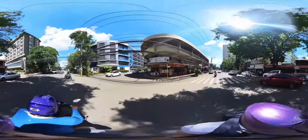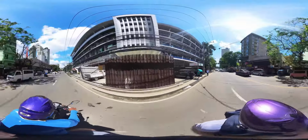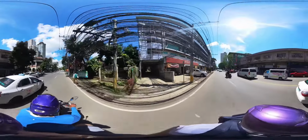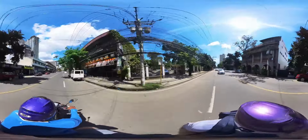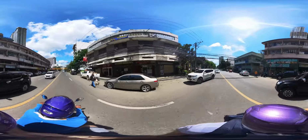Many people tell me the video is very good. Others tell me it's a little bit splotchy. I think it depends upon the device that you're using, if it has enough memory to handle this much data. 360 degrees all the way around, up and down, is a lot of data. You can also use the little icon up in the upper left-hand corner